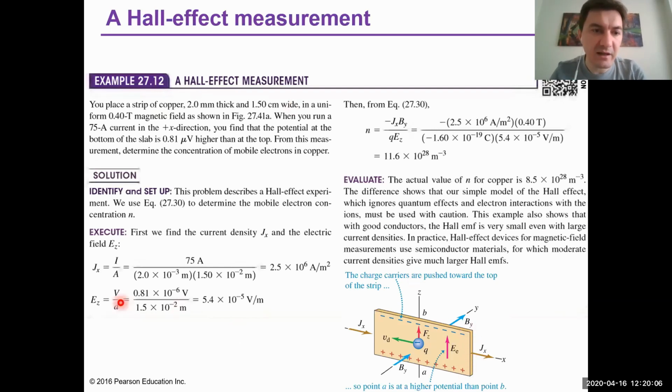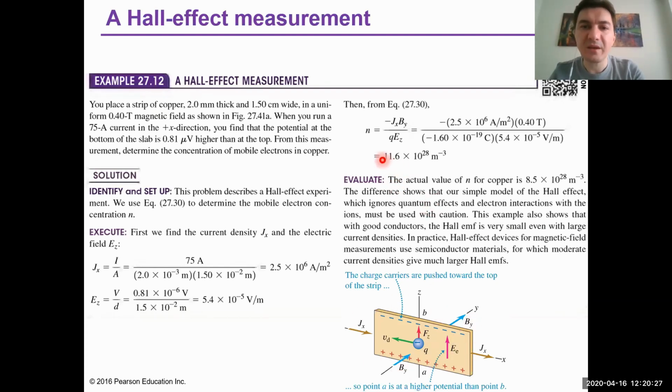Distance is given and the potential difference is given, 0.81 times 10 to minus 6 volt. Okay, then electric field is given in volt per meter. Put this Jx here, put Ex here, then we can calculate number of charge carriers, number of electrons within